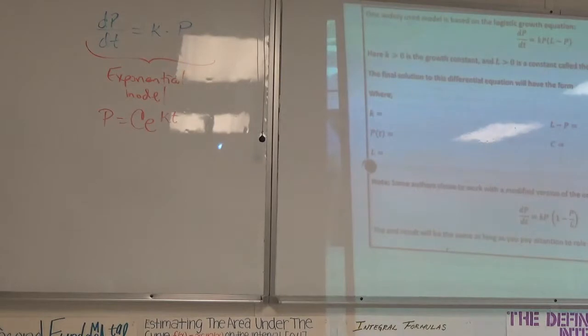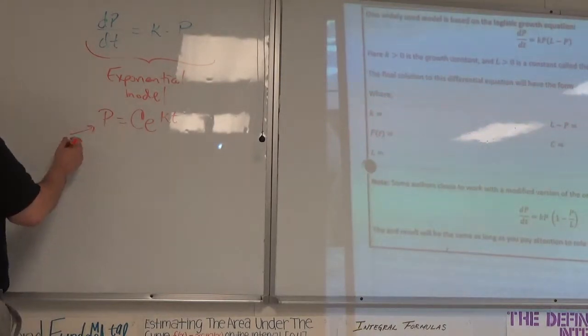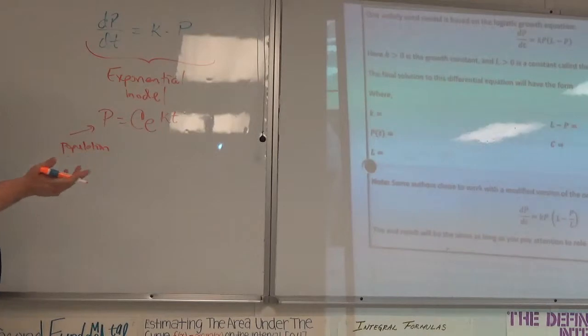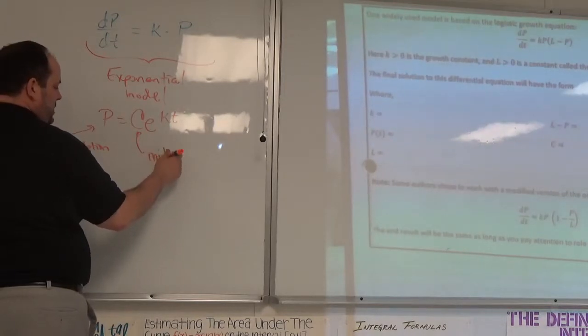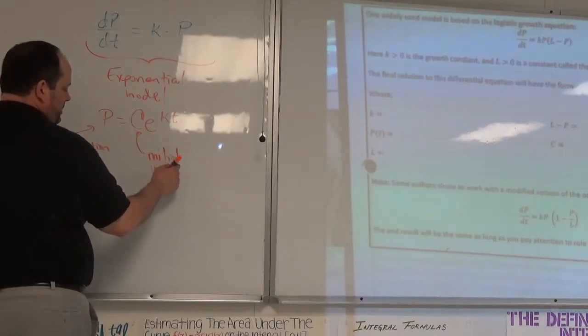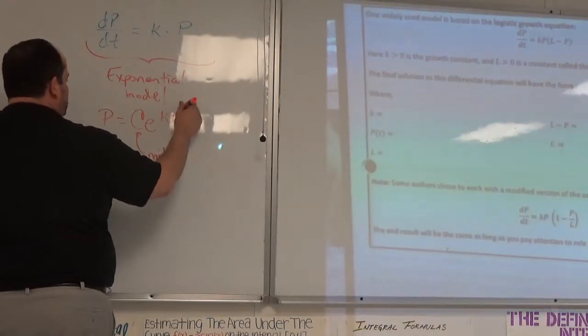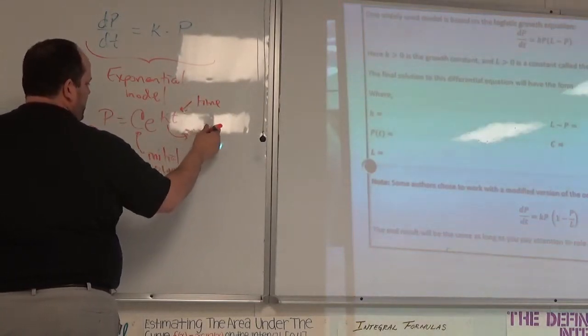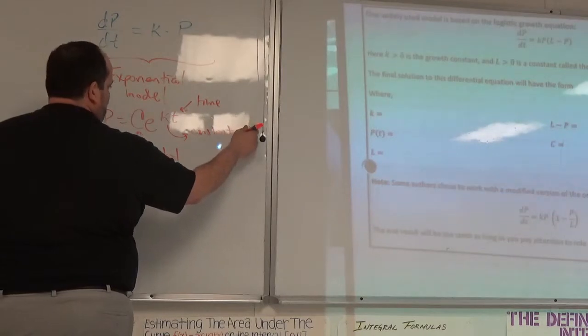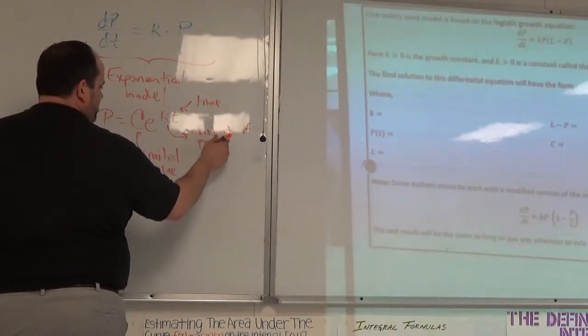Depending on what your variables are, things work differently, right? But the P stands for, not necessarily the principal. It's like your population, like if it was the number of whatever. The principal is what the C value is. This is like your initial amount. And T is normally time, and K is your constant, like your constant of proportionality, or your growth rate